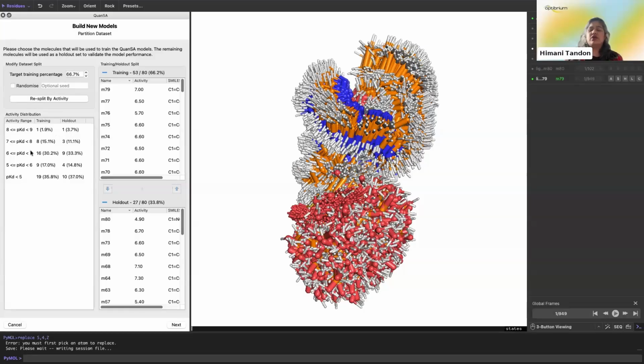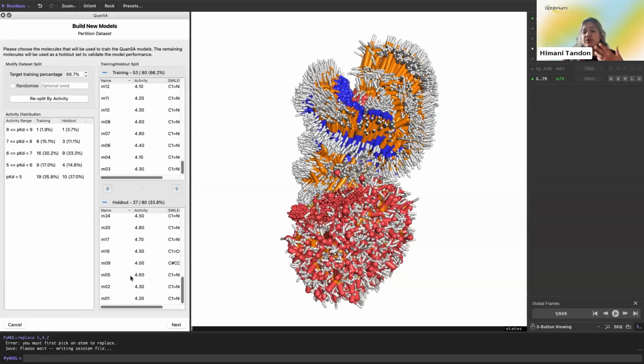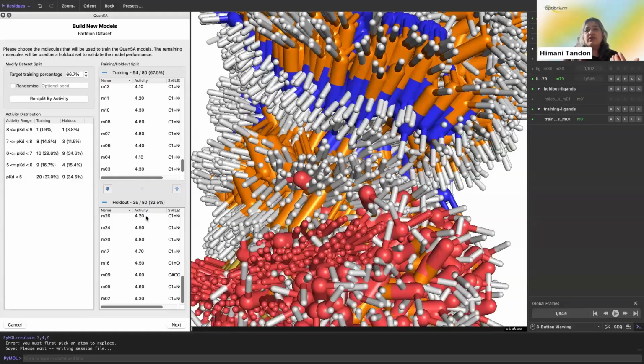And this is just to ensure equal representation of your compounds in training and holdout set for good model building. At this point, if you are very sure you want to keep certain compounds in your training set, you can actually move them up and down.